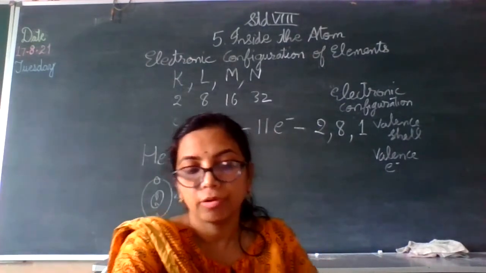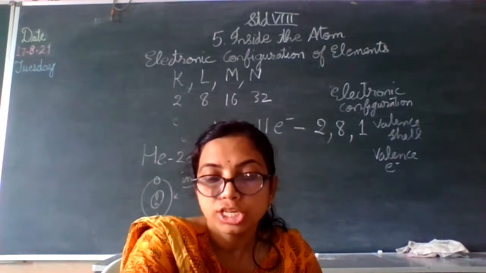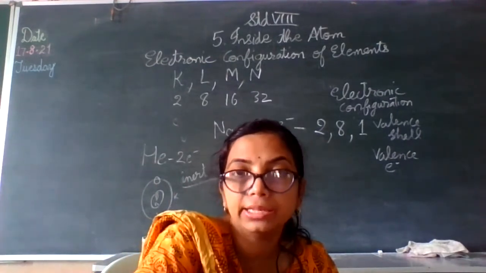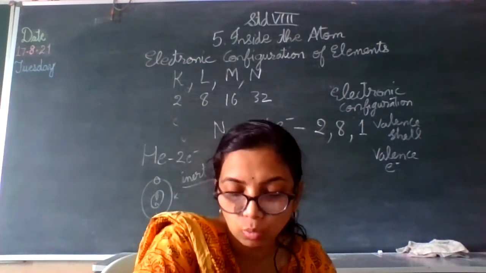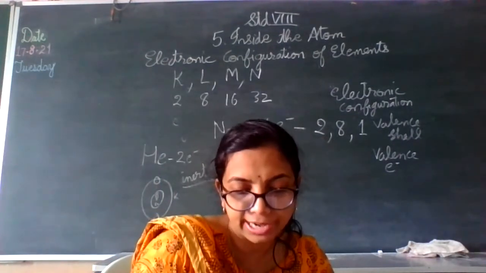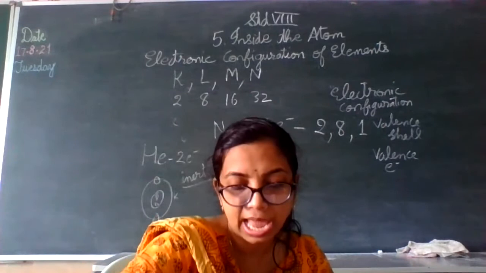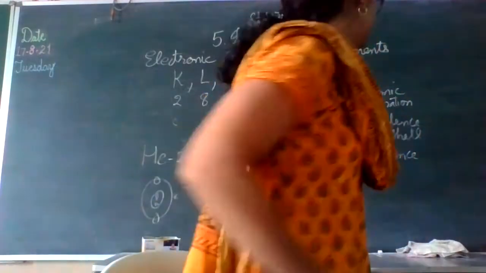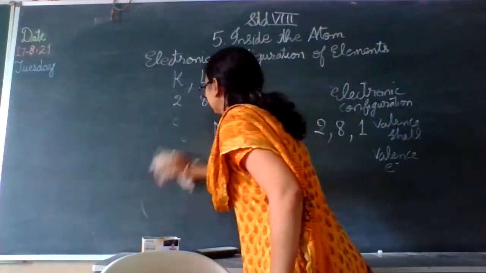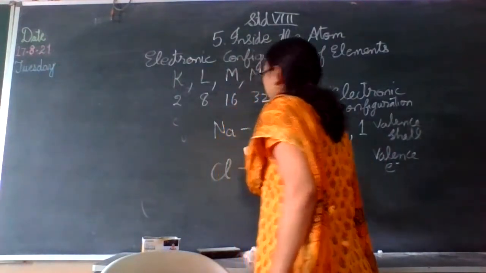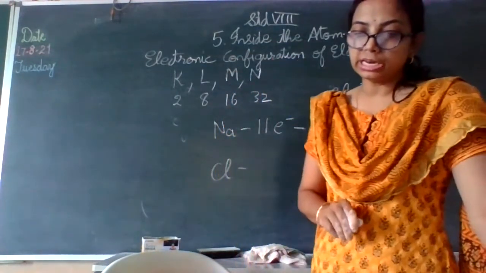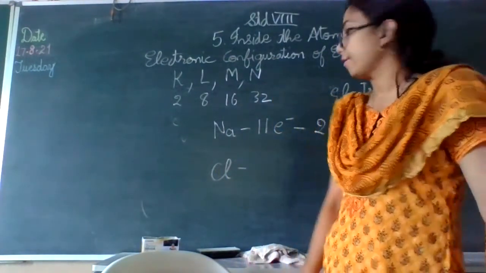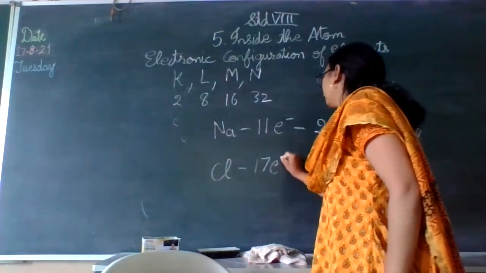Okay. From the molecular formula, if you take sodium chloride, your common salt that you eat, NaCl. Now, chlorine, if you take, you find that chlorine is having in its last shell 7 electrons. Chlorine is having how many electrons? That you have to learn, all of you. 17 electrons the chlorine atom is having.